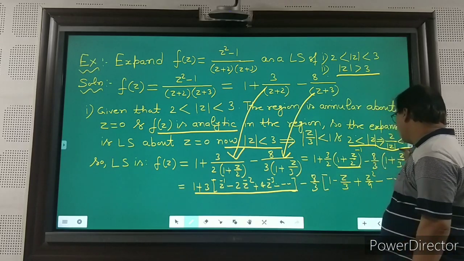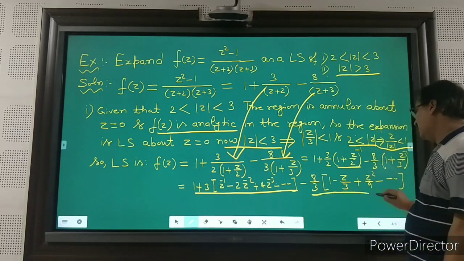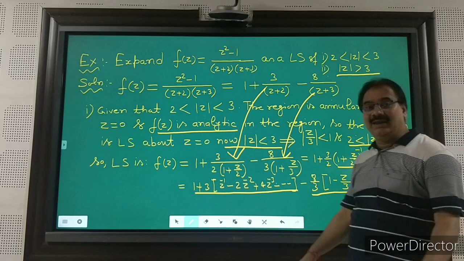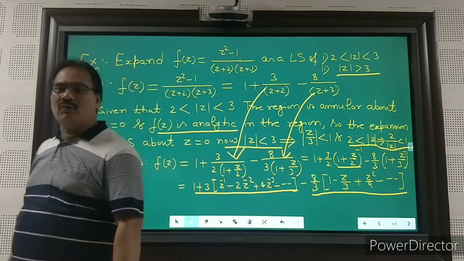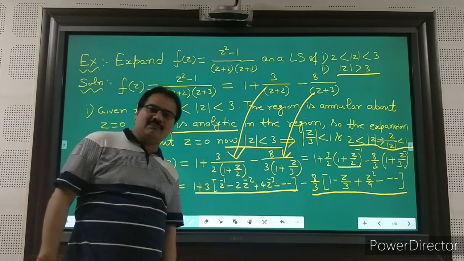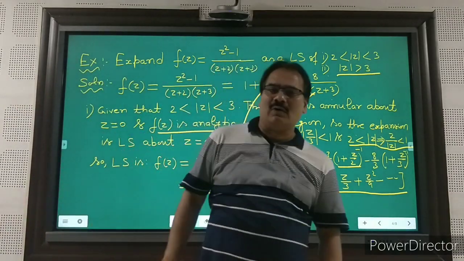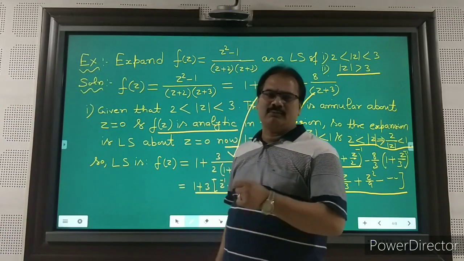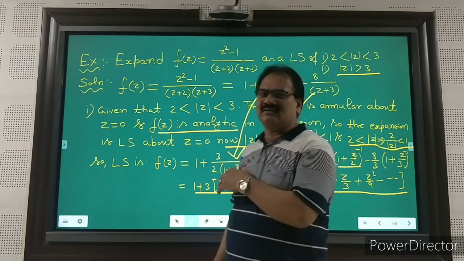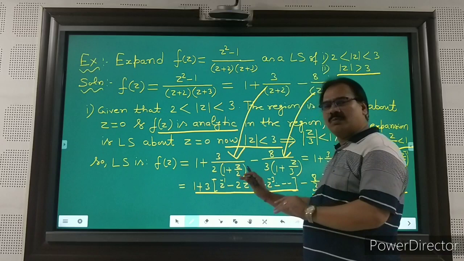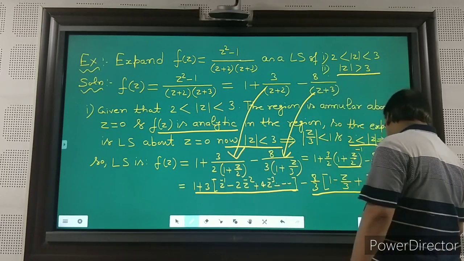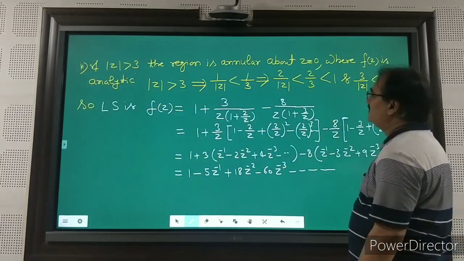Similarly, on expansion, look at the binomial expansion for any index: (1 plus x) to the power n is equal to 1 plus nx plus n(n minus 1) by factorial 2 times x squared, and so on. That is a very simple formula, and every student at this stage knows it. Just applying this formula you will get this series. Now what is the second part?